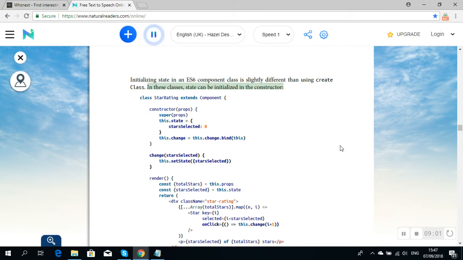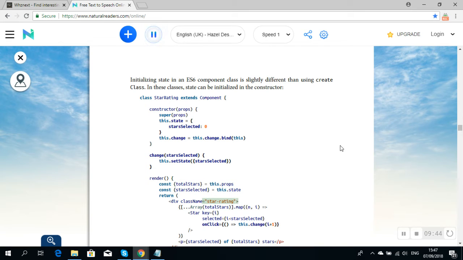In these classes, state can be initialized in the constructor. class StarRating extends Component { constructor(props) { super(props); this.state = { starsSelected: 0 }; this.change = this.change.bind(this); } change(starsSelected) { this.setState({ starsSelected }); } render() { const { totalStars } = this.props; const { starsSelected } = this.state; return (